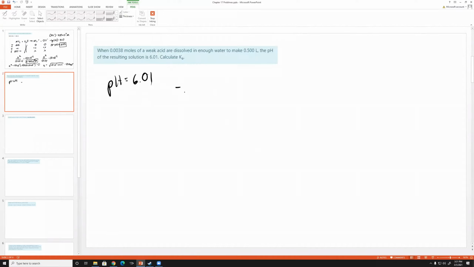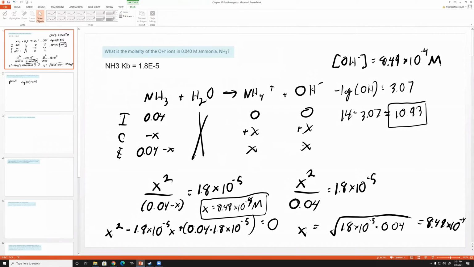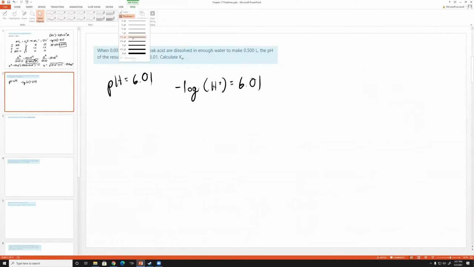This means that the negative log of the hydrogen concentration equals 6.01, and we can solve for the hydrogen concentration. So initially, in the ICE table we just did, we would be looking for X in order to find the pH. We can directly calculate X first, and then we can populate the ICE chart later on. So we can put a negative over here, negative cancels out, take 10 to each side. So the H concentration is equal to 10 to the negative 6.01. And that number is